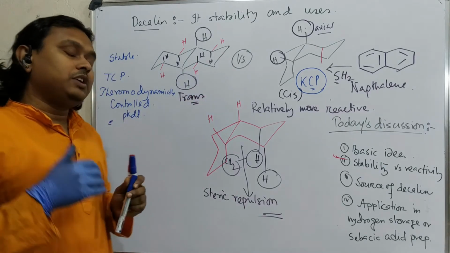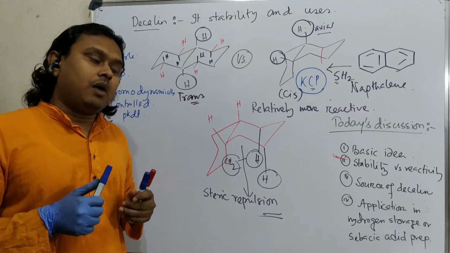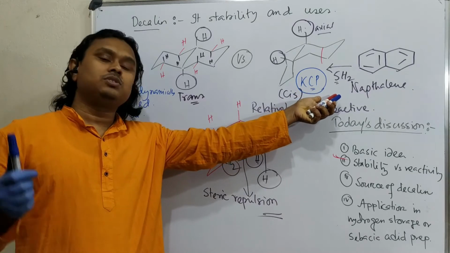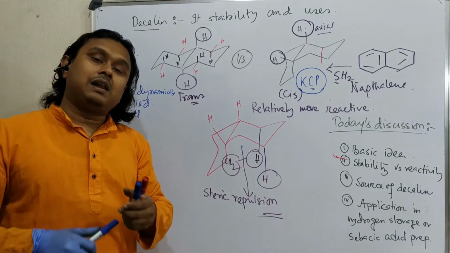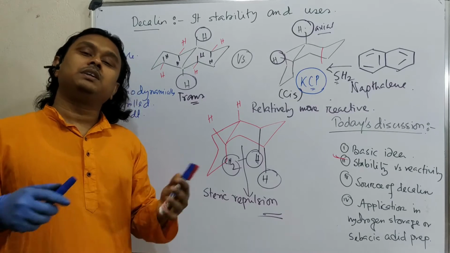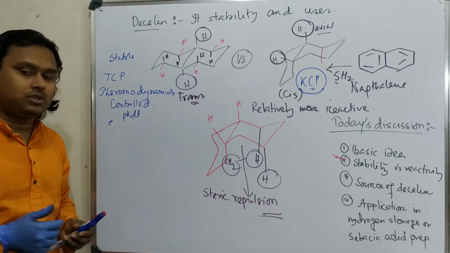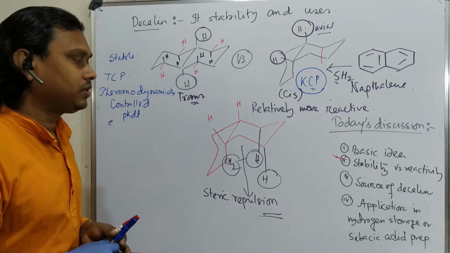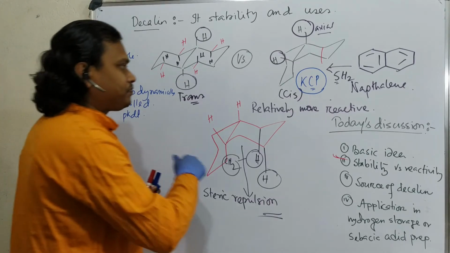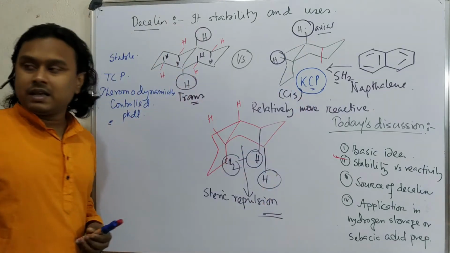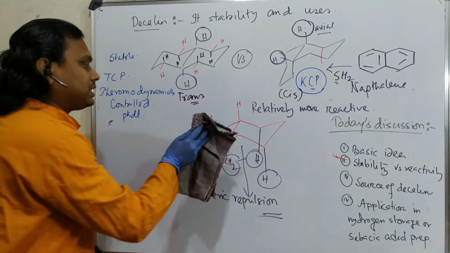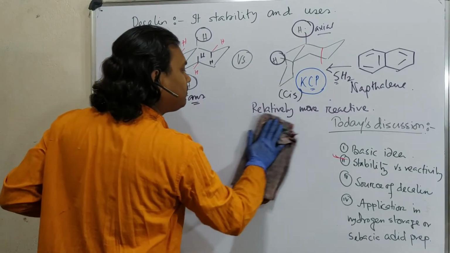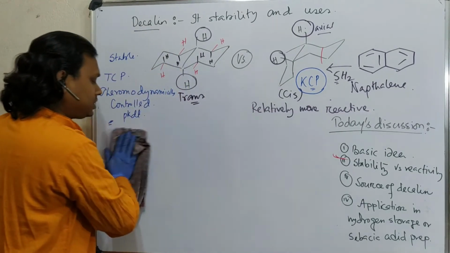Okay, so from this we have understood. Now, previously we have learned that KCP is not that stable but reactive, and under reaction conditions it can give something else. And remember, by nature every reaction is reversible. Okay, so now we will come. First of all, we understood that naphthalene is converted into the corresponding decalin derivative by selective hydrogenation in the presence of hydrogen and a catalyst.